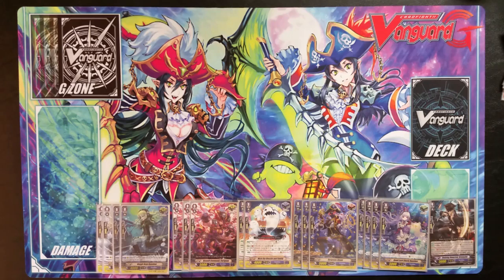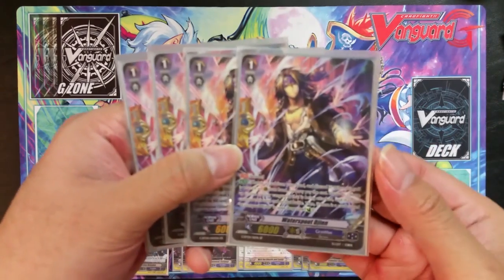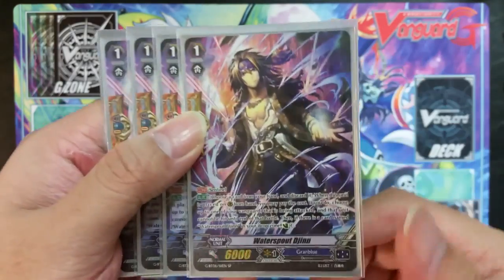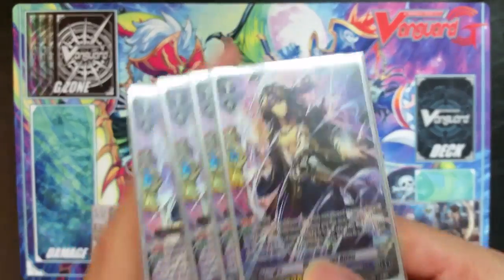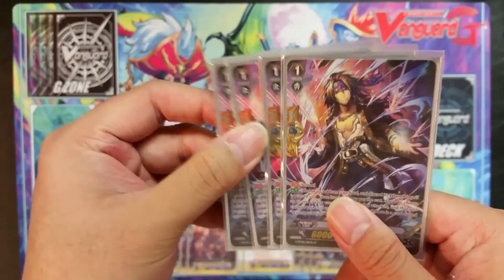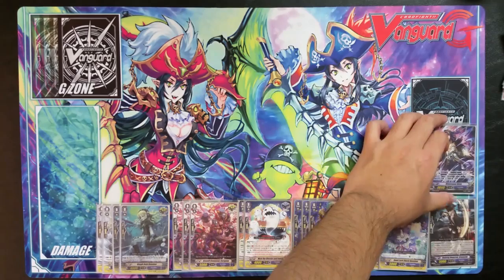So moving on to the grade 1s. Of course, we run 4 of the Perfect Shield. This is Water Spout Gin. I would have liked it to be Tornado Gin, but whatever. He's a perfect guard G. Essentially, can only guard the Vanguard. Let you unflip a damage. It's pretty useful since you do use a lot of